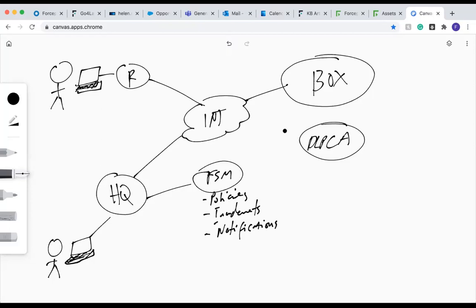So this is a cloud instance that will access your Box. This DLP CA will get policies from,